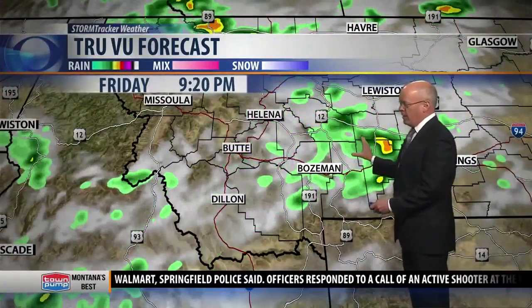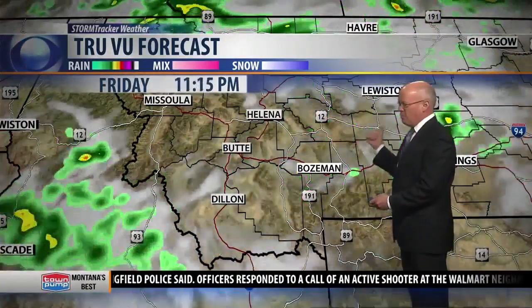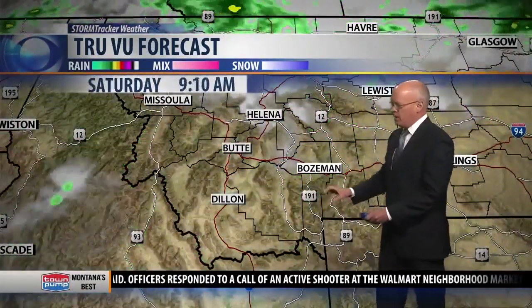So right now we've got just the garden variety, a few weak, a few moderate thunderstorms out there. And again, we've got one wave just moving out of Bozeman, another wave sitting over Butte and Dillon, and these will continue to diminish after sunset, but they'll be back again for tomorrow. So as you look at the hour-by-hour forecast, by about 9 o'clock, most of the energy is heading off into eastern Montana. We start the day off tomorrow mostly sunny, but as we build up the heat at the surface,